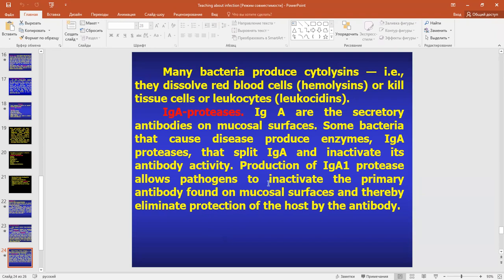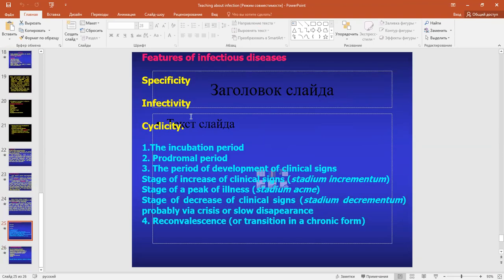So immunoglobulins A are on the surface of mucosa. They are the first antibodies that meet bacteria and are able to neutralize them. But if bacteria are able to produce proteases, they will split immunoglobulins, and the bacteria are not neutralized. Okay, and now